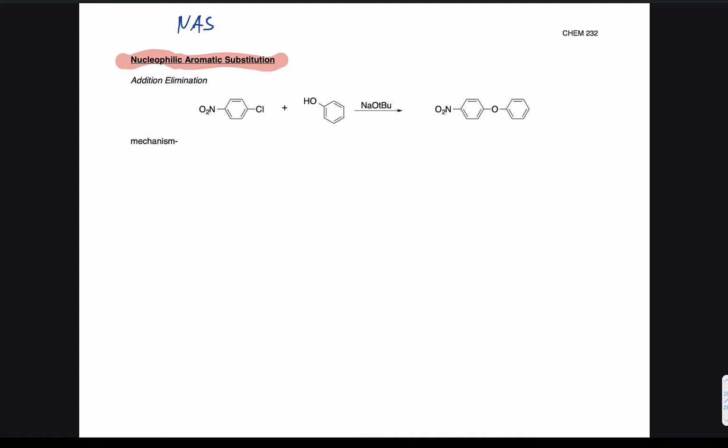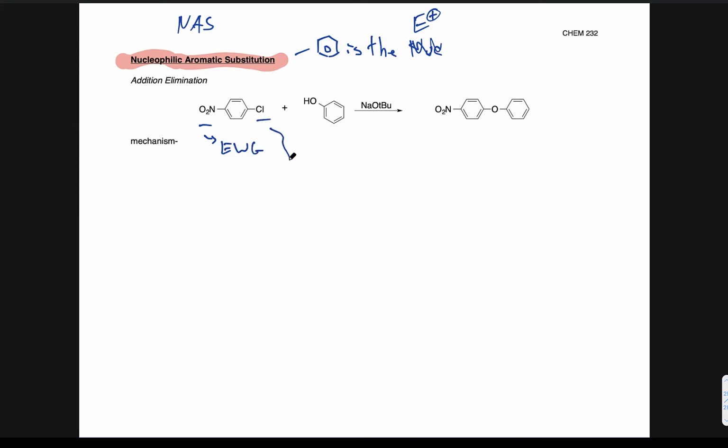Where now our benzene is the nucleophile now, or sorry, it is the electrophile now, right? We're adding something to it, we're adding a nucleophile to it, and there's a few reasons how we can get that to happen. So like we're seeing here in our reaction where we're making an ether, we need to have an electron withdrawing group,